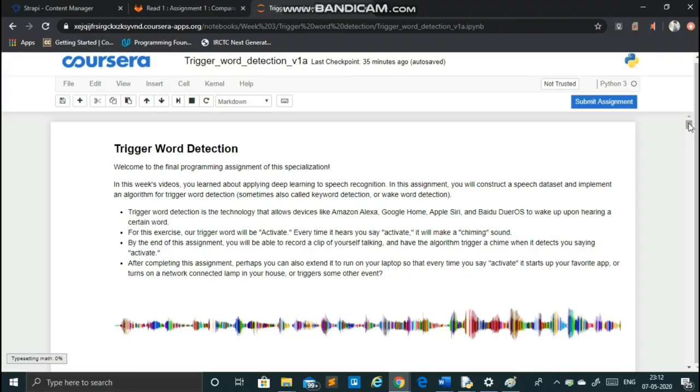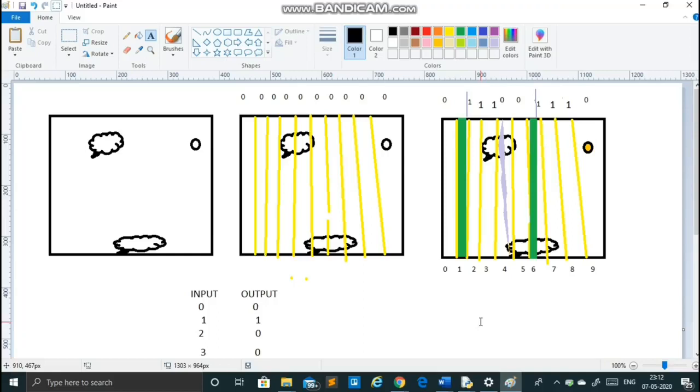Let me explain it through images because we understand more through images. I have made a simple paint of it. First I will explain it with the image, then I will come to the audio. You will take a background image, something with bushes, clouds, and a sun. We will divide that image into certain timestamps.